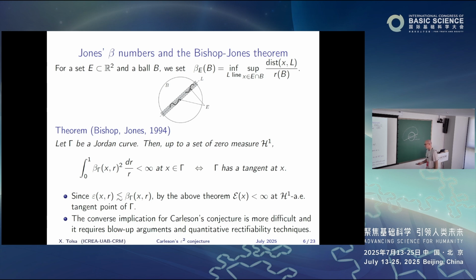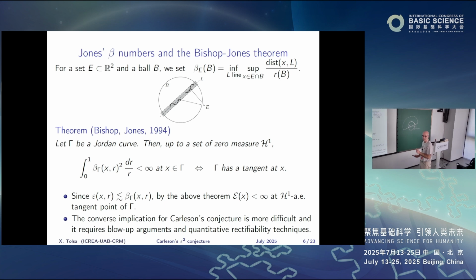Sorry. Let me say I am going... I argued incorrectly. So let's start. If gamma has a tangent at x, then this integral is finite, and since betas are larger, also the integral corresponding to the epsilons will be finite. Sorry. Okay. And so we have shown that